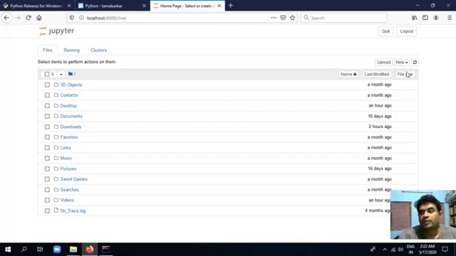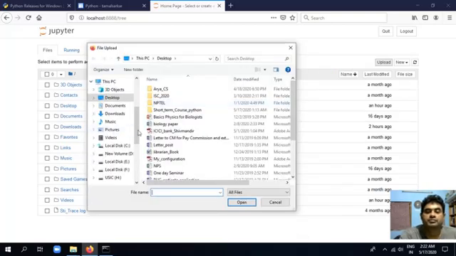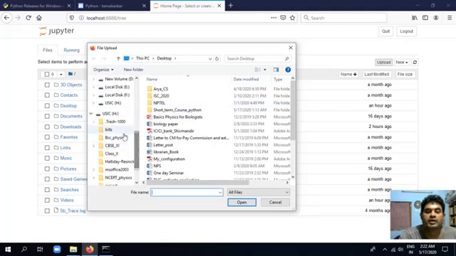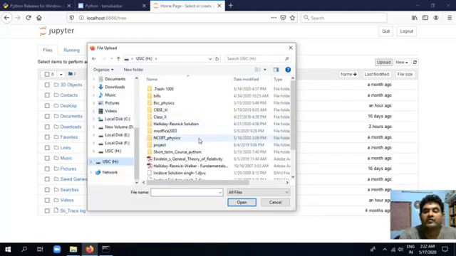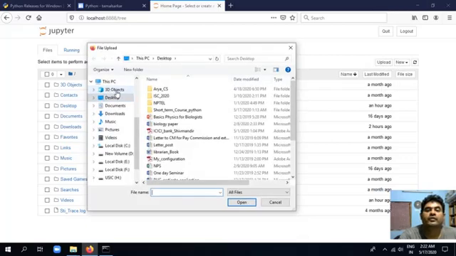Now from this we can open a notebook, or we can upload. I am going for the upload mode. In my pen drive, I have a Jupyter notebook that I am going to open.